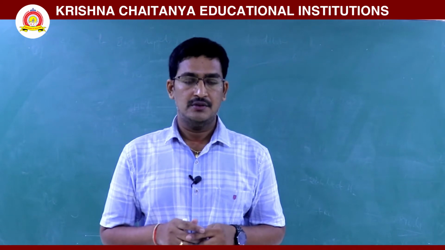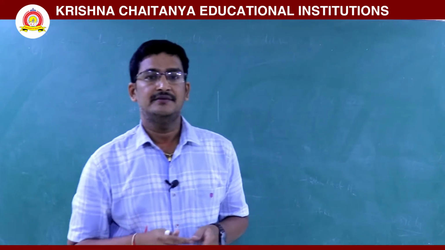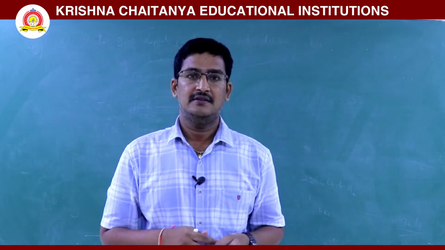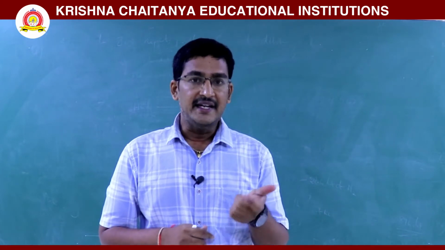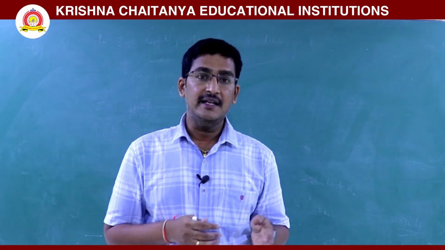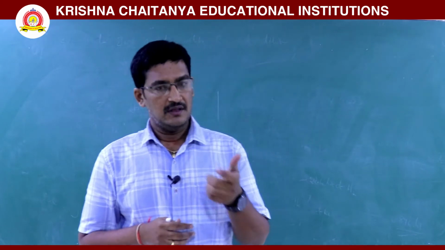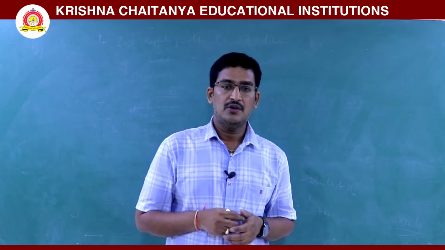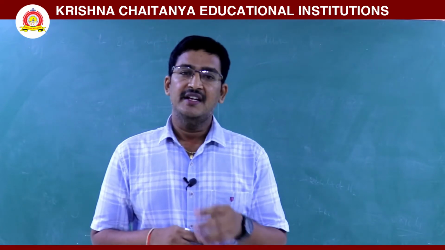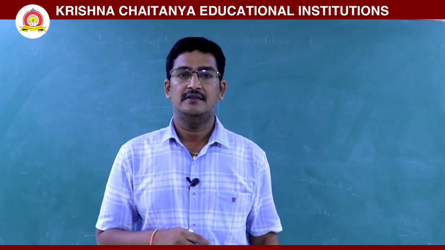In the same way, the inclination of the y-axis is 90, theta is 90. So, the slope of the y-axis is tan 90, which is undefined. So, the slope of the y-axis is undefined. Any line parallel to the y-axis also has an undefined slope. So, every vertical line has an undefined slope, and every horizontal line has slope 0. The slope of the x-axis is 0, the slope of the y-axis is undefined.